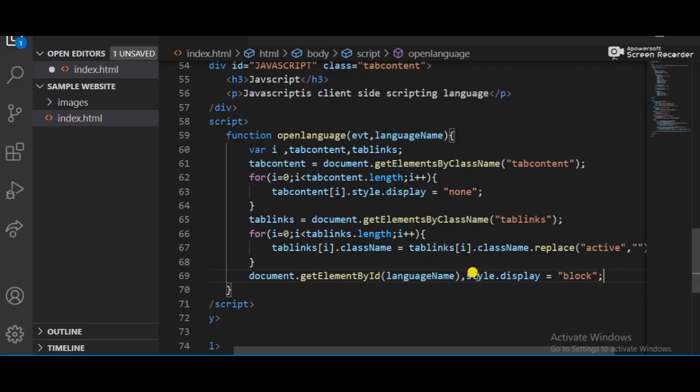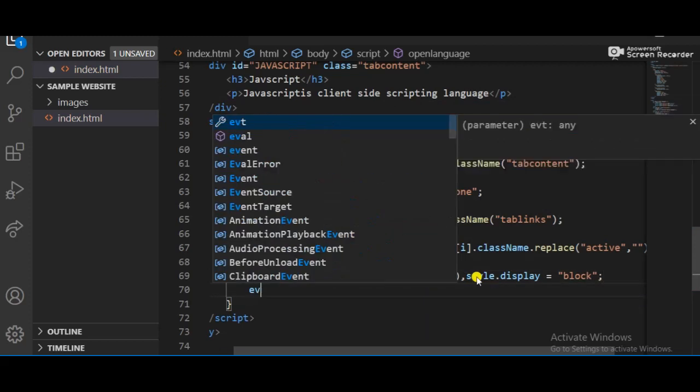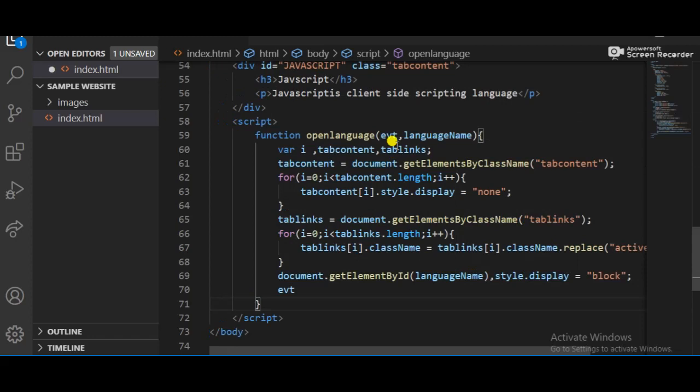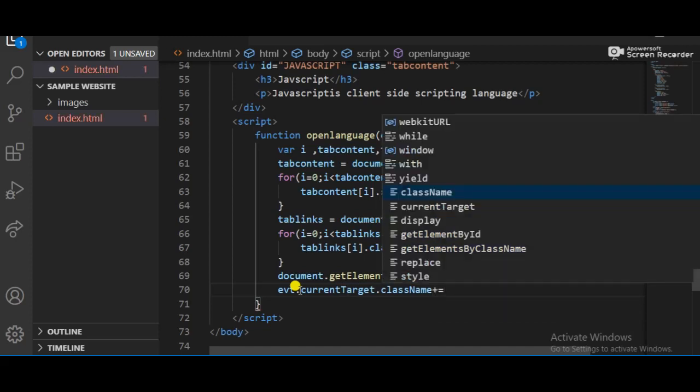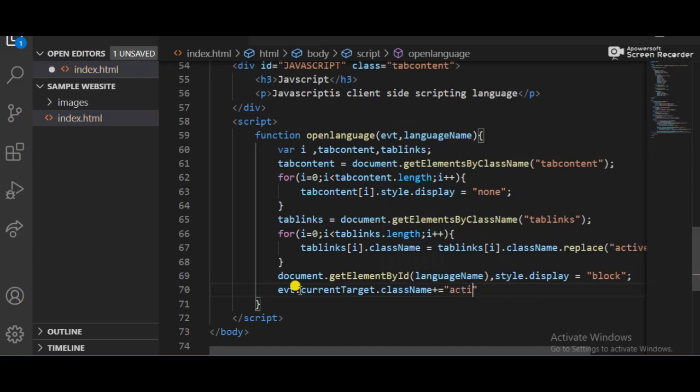Fine. Now an event occurs, so I have already created this event, and I copy it and paste it here. So dot currentTarget is a property. It works like what should be the current target after you call this kind of thing: active. So currentTarget should be active, and now the script work has been done.